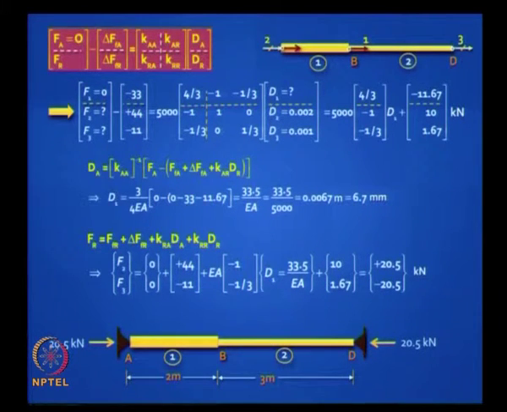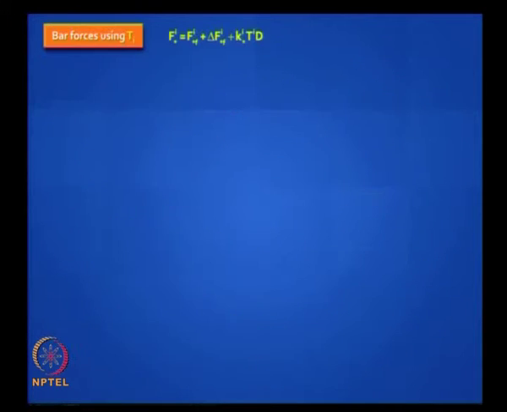After you get this, what is the next step? Well, you can also see how it has moved. We can find the elongations. D1 has moved 2 mm because that is given to you, D3 has moved 1 mm, which is given to you, and D1 has moved 6.7 mm. So you can draw roughly a shape to scale to get an idea of the numbers.